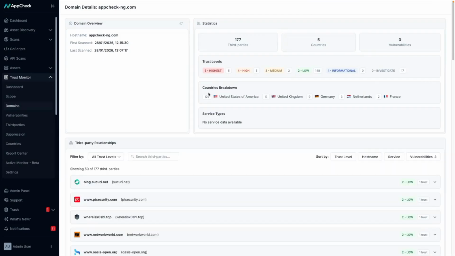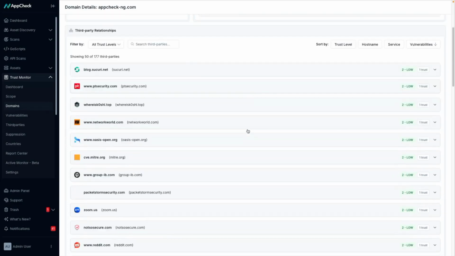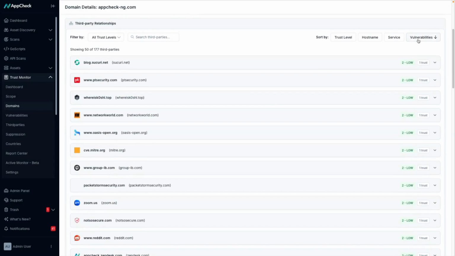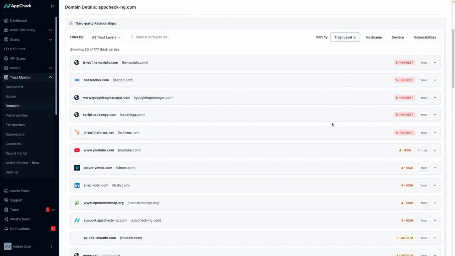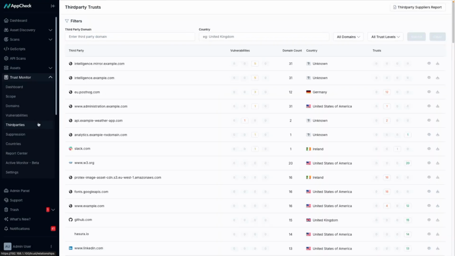If I look at the example data here, I can see information on this domain, which is the AppCheck domain. I can see how many third parties we have, what countries are involved in that, and then who each of those third parties is. Our default view is to sort by vulnerabilities. We don't have any vulnerabilities in this one. But if I sort by trust level, I can then see where I've got the highest levels of trust with third-party suppliers. If I then go to third parties, we can get an overview of every third party